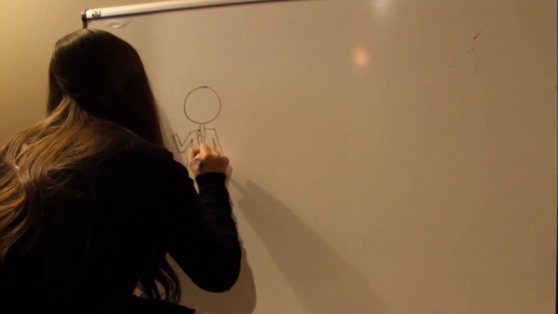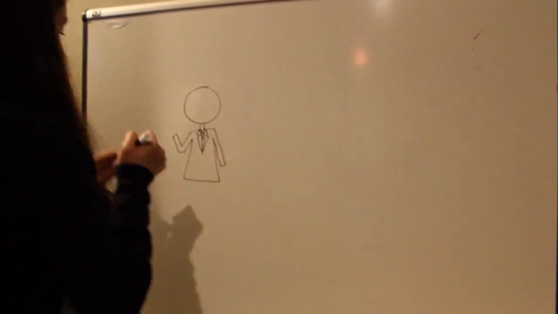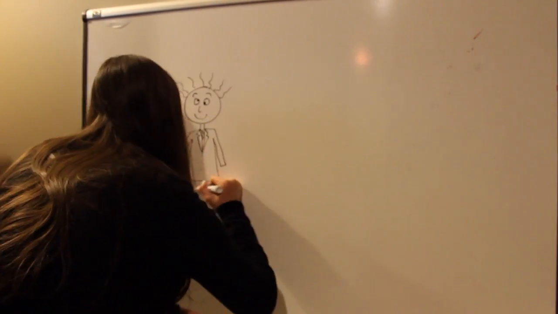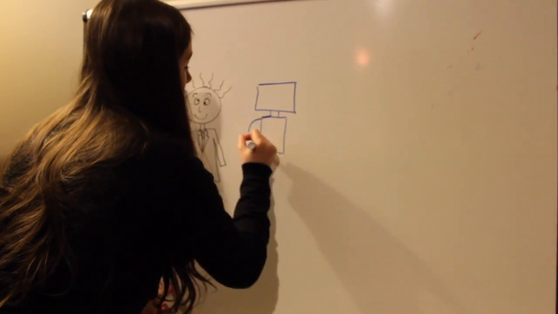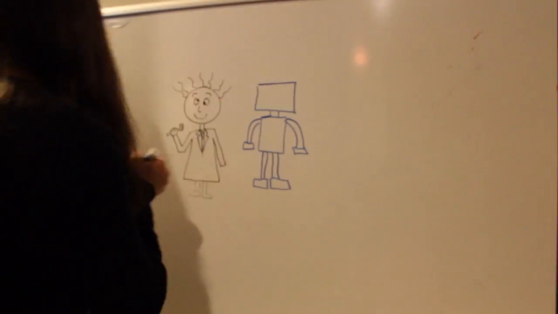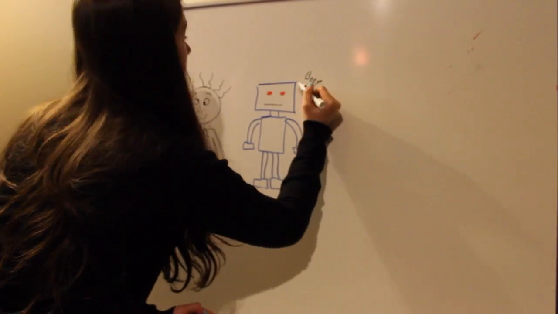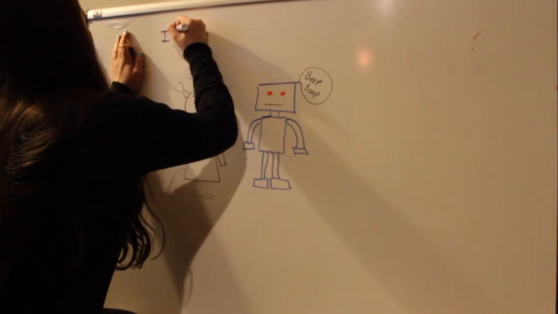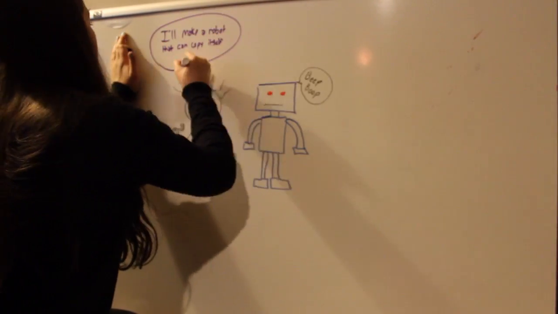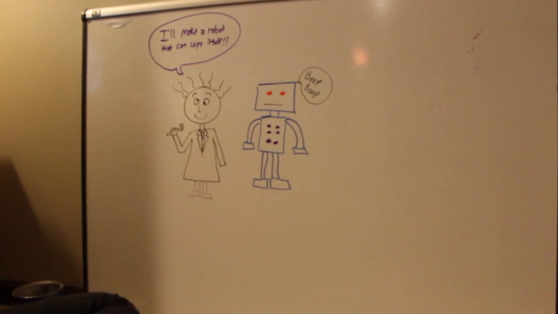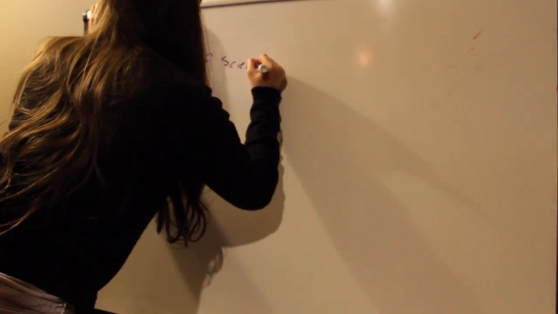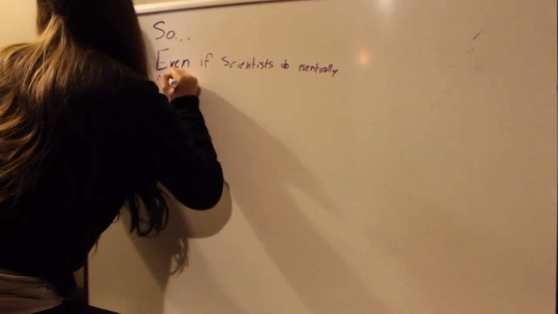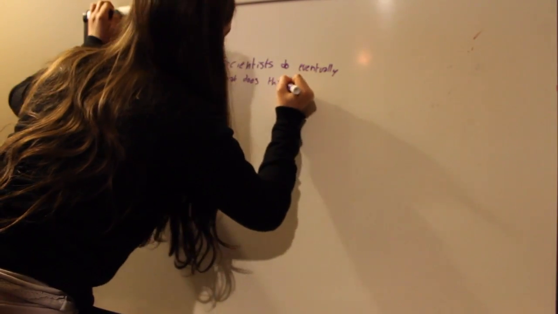Say there was a scientist who wanted to build a robot. He made the robot completely out of naturally occurring elements, but transformed them into steel, plastic, silicone, and wire. And he constructed this robot so that it would be able to make replicas of itself. Even if he was able to do this, what would he prove? He would prove that an intelligent being can create an impressive machine. He wouldn't be proving that it could have occurred naturally, because obviously he put a lot of work into this and it took a lot of design in order to accomplish it.